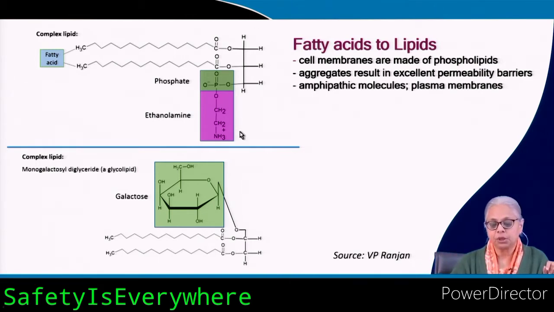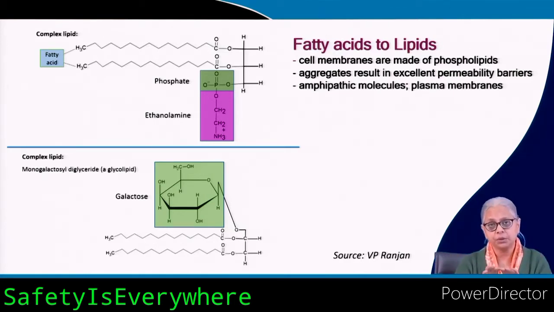So this part of the molecule is polar and it likes water, and the rest of the molecule is hydrophobic, it does not like water. So this gives it amphipathic properties, and these amphipathic properties are the fundamental basis of the formation of plasma membranes. So it's the hydrophilic hydrophobic interaction that results in a plasma membrane, because you get an orderly arrangement where all the heads face water and all the tails face each other, forming a layer in between,